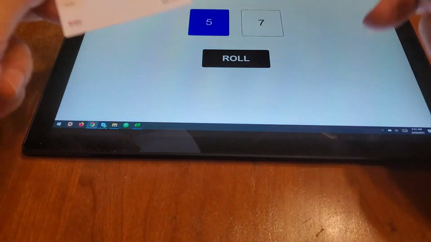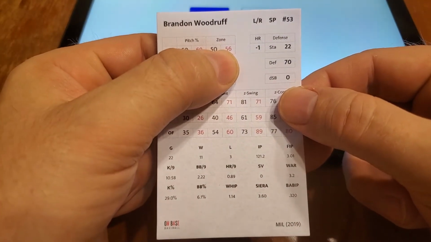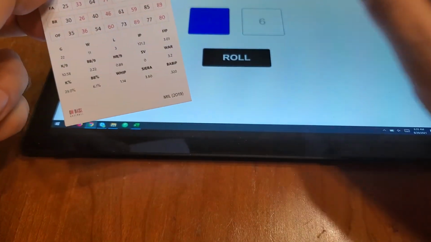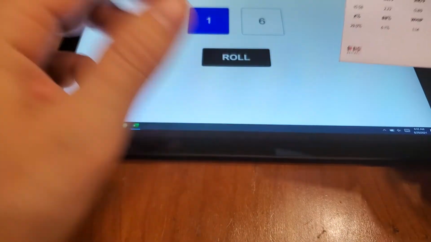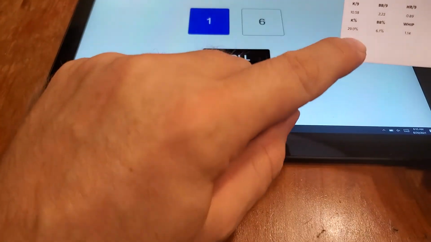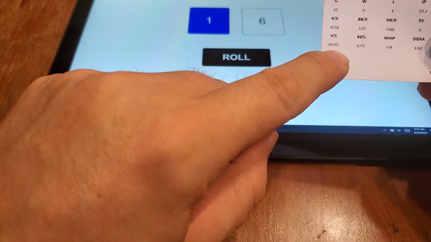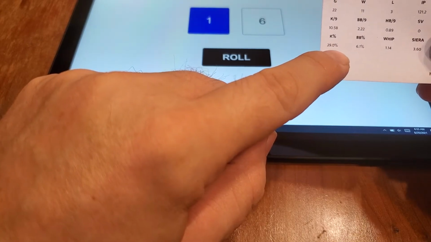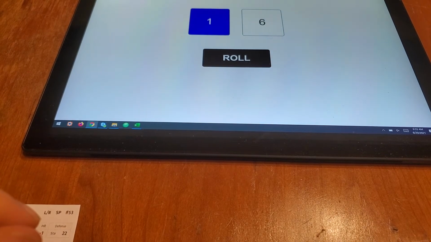Let's do it again. 57, another fastball. 54, that means it's in the zone. Okay, and so here's one that we finally get in the zone. This is our first pitch of the at bat. You can see that 16 is less than 29. So there's an opportunity for an automatic strikeout here. Now there's one other number that comes into play,